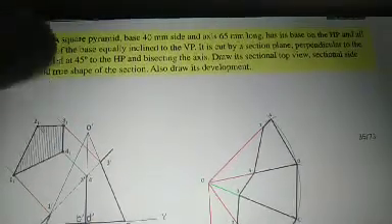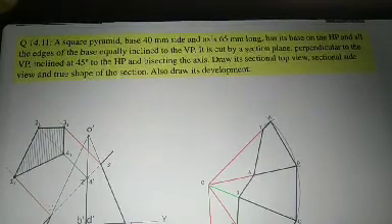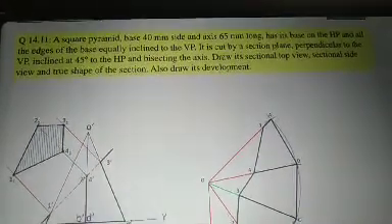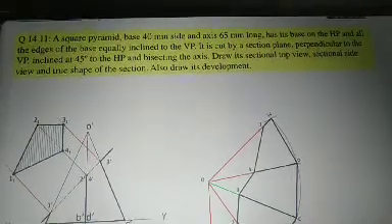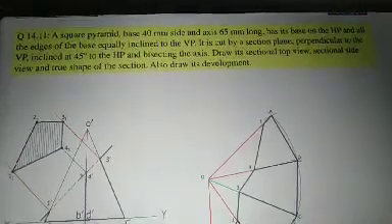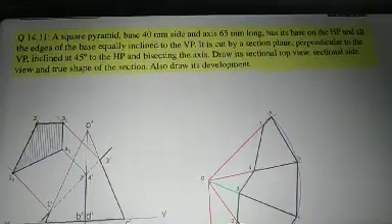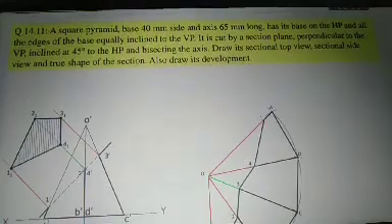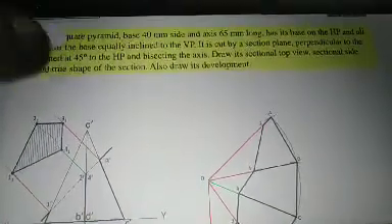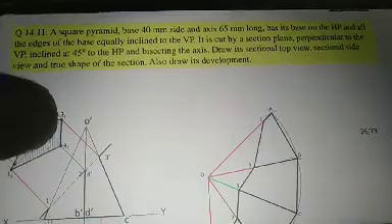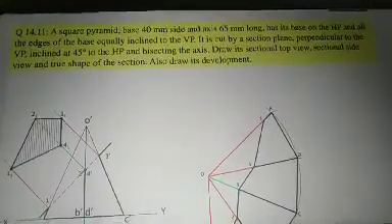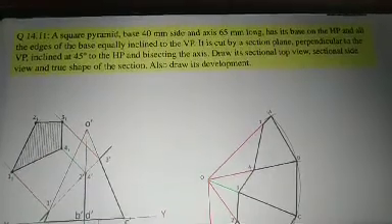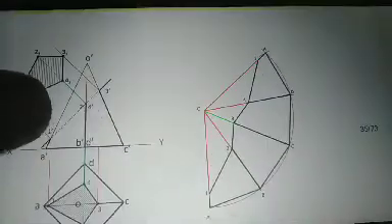Up to this we completed only the pyramid development, that is a square pyramid of base side 40 mm and axis 65 mm long, has its base on HP and all the edges of the base are equally inclined to VP. Up to this we completed. Now let us apply our knowledge of cutting or section plane. It is cut by a section plane perpendicular to VP and inclined at 45 degree to the HP and bisecting the axis. Now this is how it is cut by a